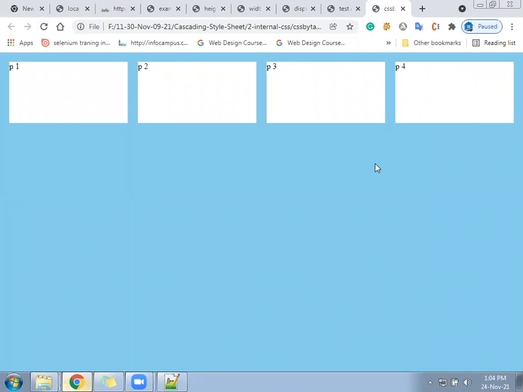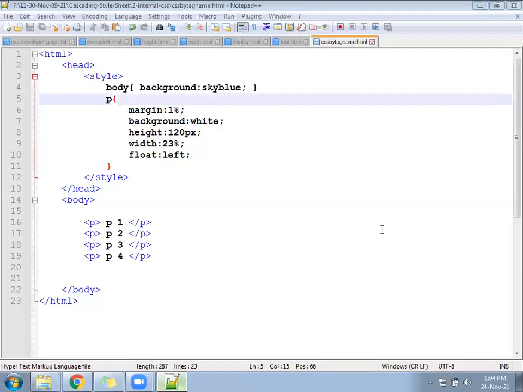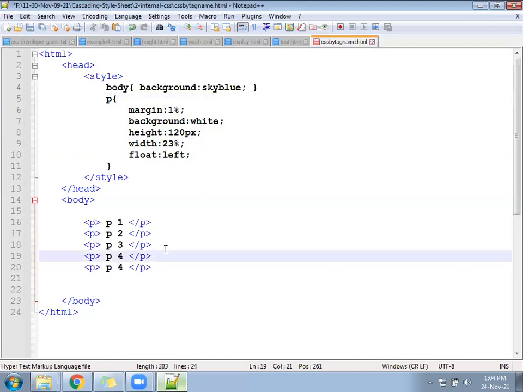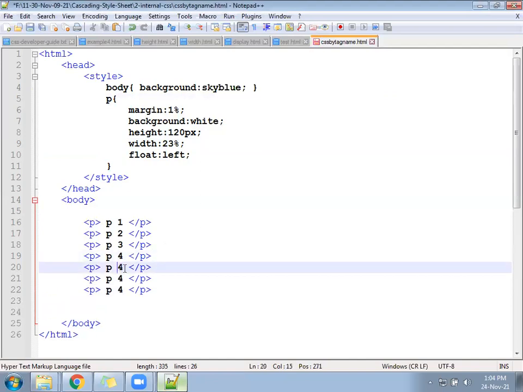Now in the current page, if you write 100 paragraphs, no problem. Always 4 paragraphs in one line. Let's write a 5th, 6th, and 7th. Check once.